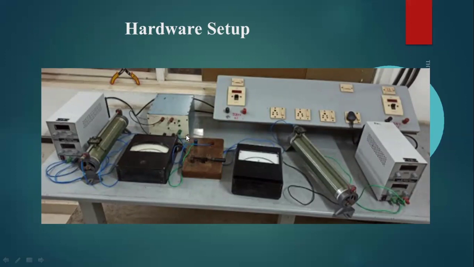We can also use a small type, a 3-leg type thyristor, SCR also. Then we use the wire when we do the wiring by using the breadboard and all. So here we have this available, the custom made thing. So we use this. Okay. So all these things you can see in detail when we go to the hardware implementation session. Now it's just the introductory session I'm giving you.